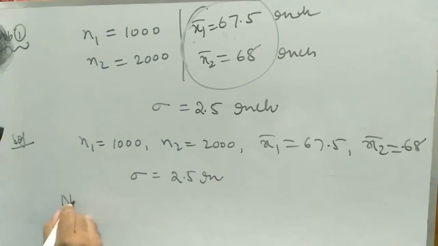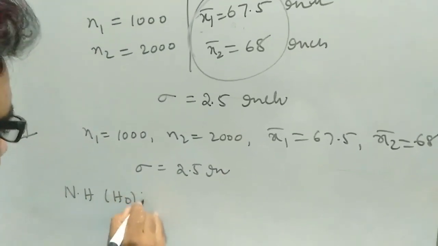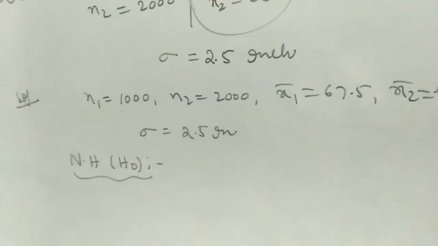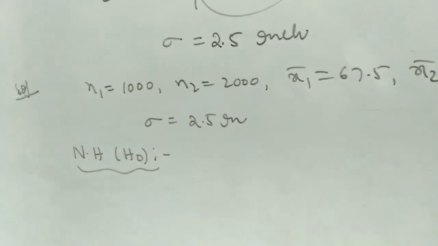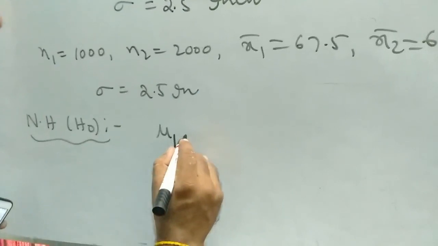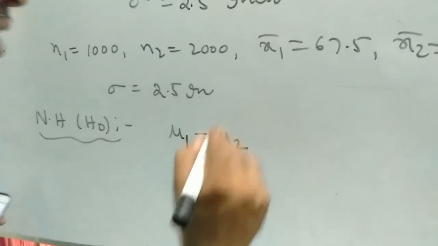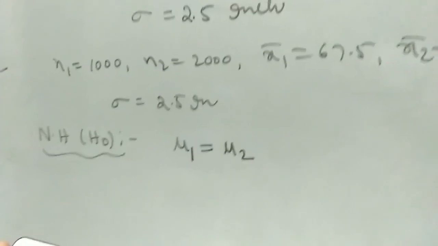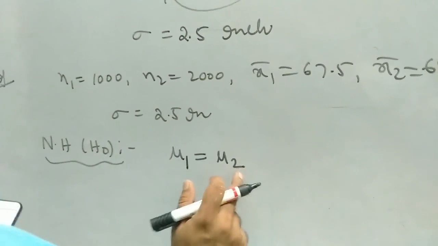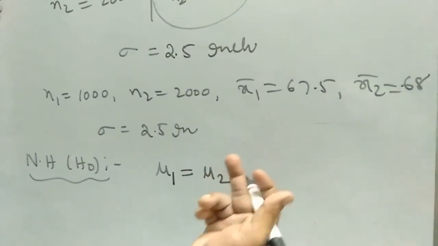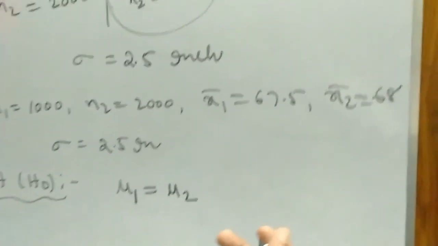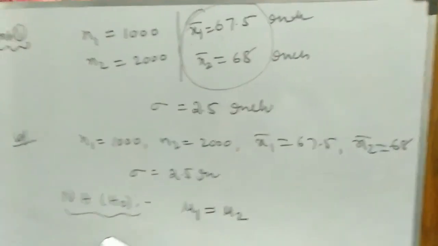Now I use the procedure of testing of hypothesis. The first step is to prepare the null hypothesis. Here I am assuming that there is no significant difference between the two means. Let us assume the first population mean is mu1 and the second population mean is mu2. I am assuming that there is no difference, that is mu1 is equal to mu2. mu1 is the population related to the first sample, mu2 is the population related to the second sample. Or you can assume x1 bar is equal to x2 bar. Either one, you can assume any of them. Or mu1 is equal to mu2.